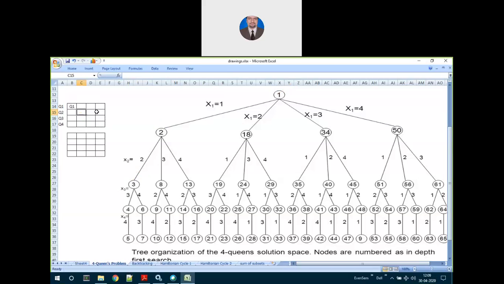Okay, now 1 second. So this will not give me a solution. This also will not give me a solution. Now I have to check this particular position. If I keep q2 on the third column, that is from 2 to 8. So if I choose it to be a 2 to 8,